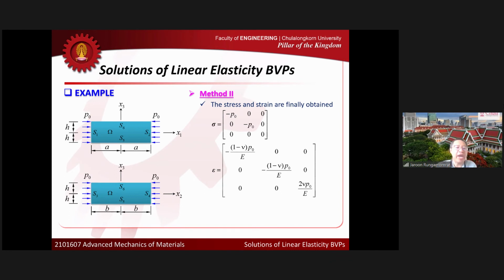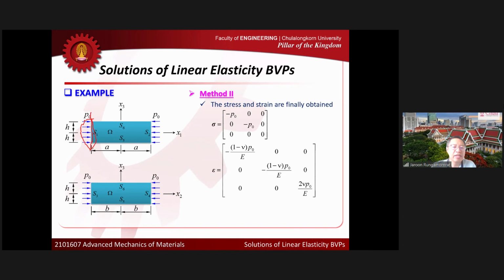If you look at the surface S1 for this particular problem, the traction there, the traction in all three directions, T1, T2, sorry, T3, right? But let's say that I replace